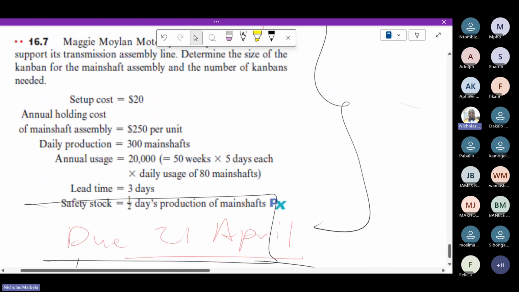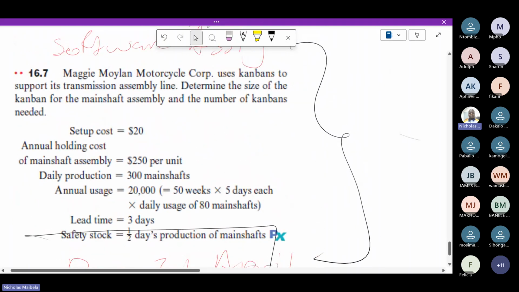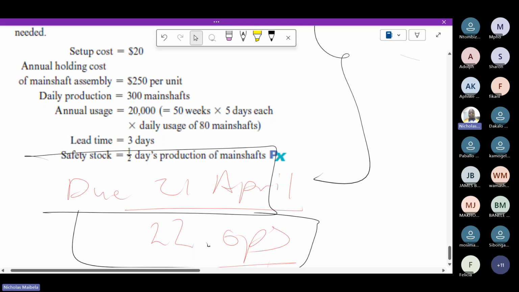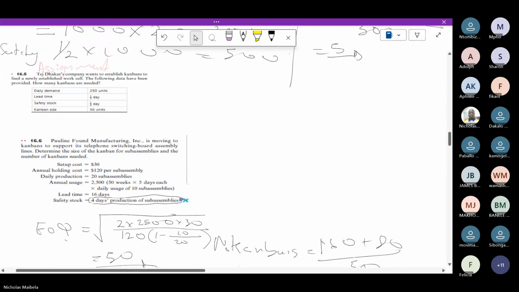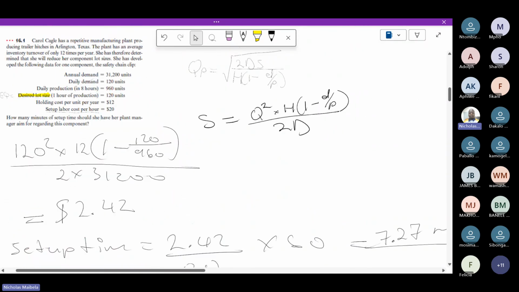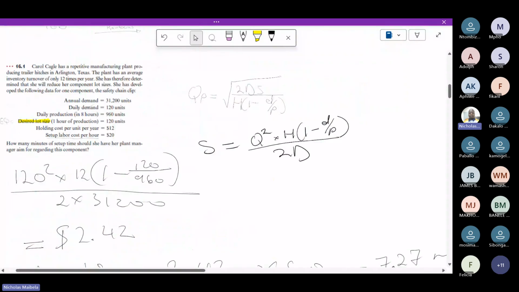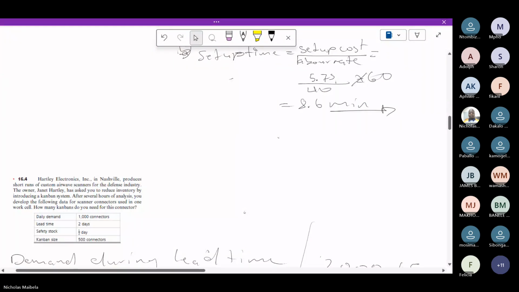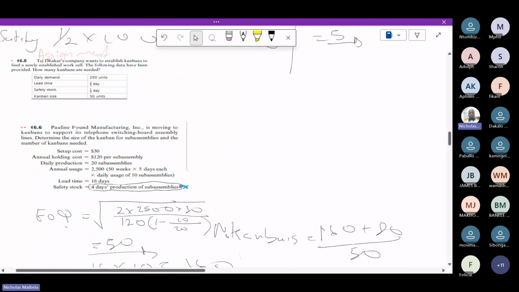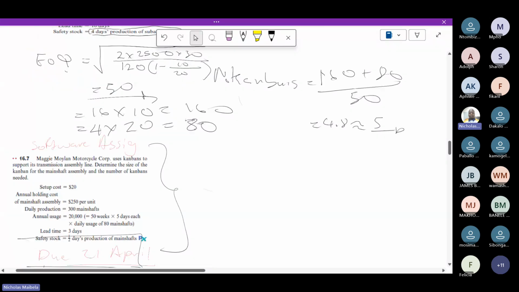This, guys, you do it on the software. But you can't submit online for all of them. You see the PX, meaning that you can solve it on the software. These other ones don't have PX. You can't solve them by the software. You must submit them by hand. But you can just type it nicely, and then you submit